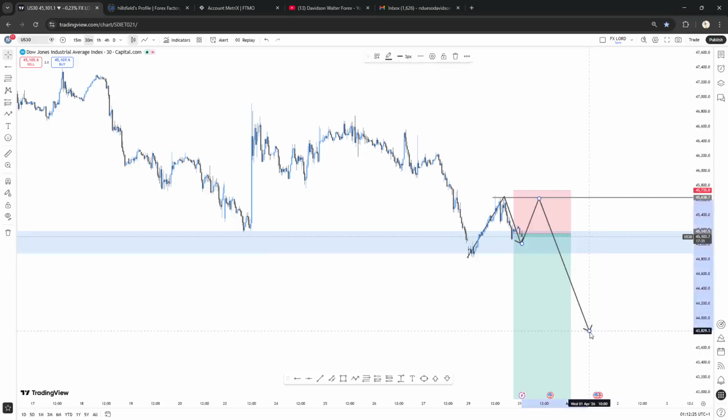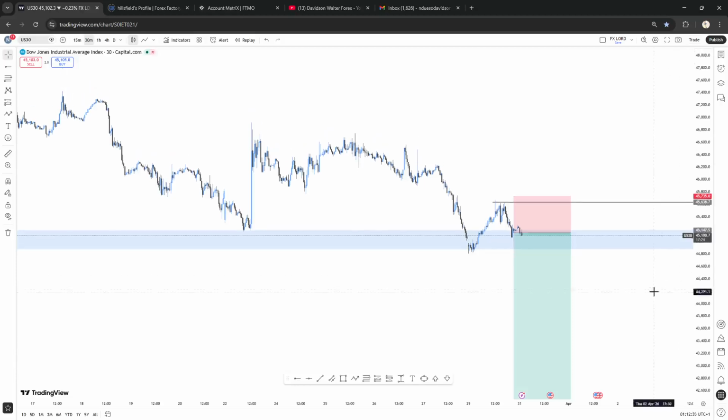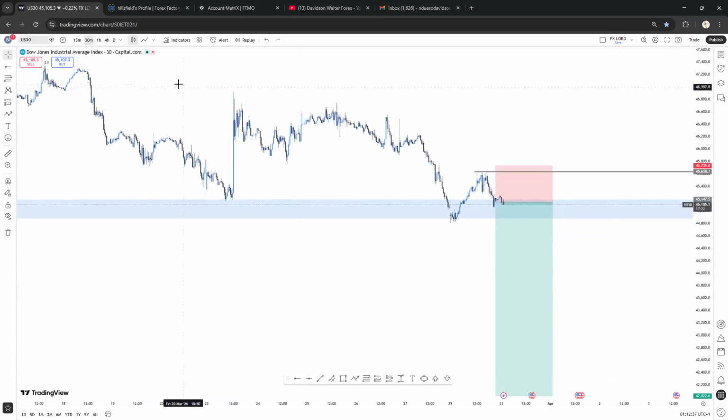Very important. Very, very important. That's the only way you can stay safe if the market retraces to retest that high. So your stop loss must always be above the previous high. So this is what I'm looking out for on US30.